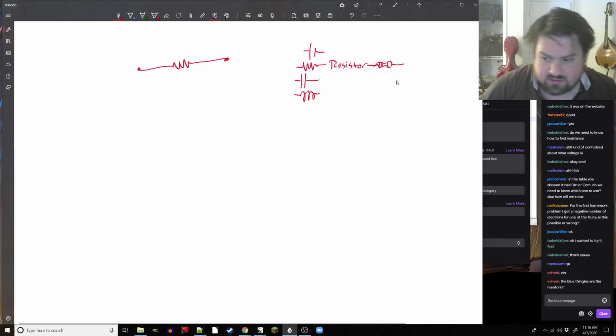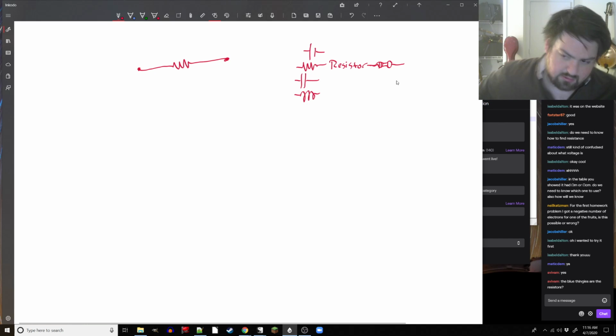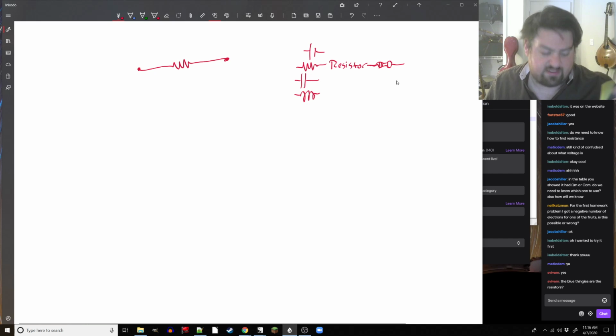But yeah, those are real resistors. I have a whole ton of them out in my shop for electrical work. All sorts of different values. This is a strip of 27 ohm ones. Anyway,